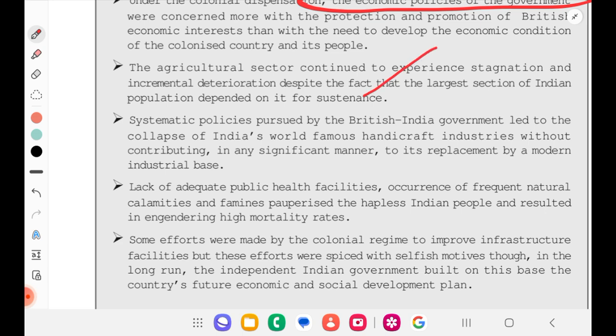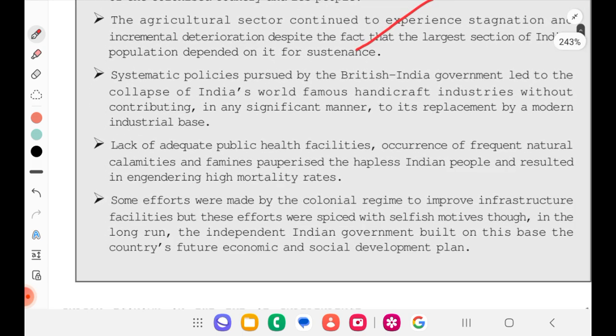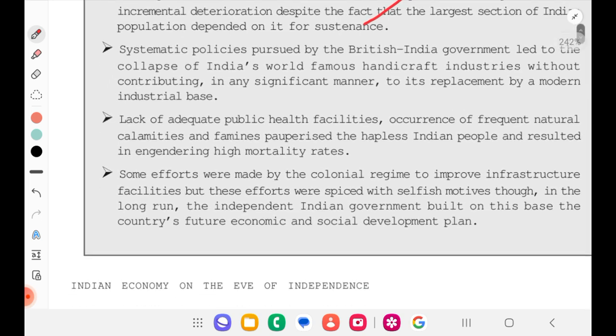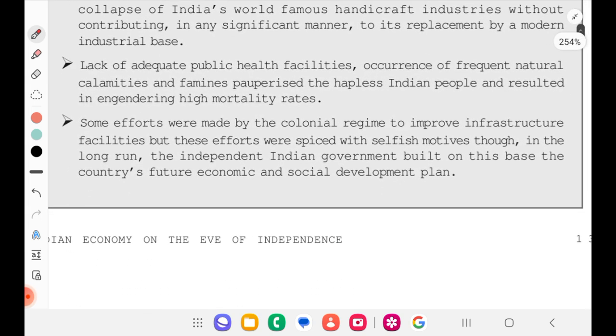Systematic policies pursued by the British India government led to the collapse of India's world-famous handicraft industries without contributing in any significant manner to their replacement by a modern industrial base. Lack of adequate public health facilities, occurrence of frequent natural calamities and famines pauperized the helpless Indian people and resulted in